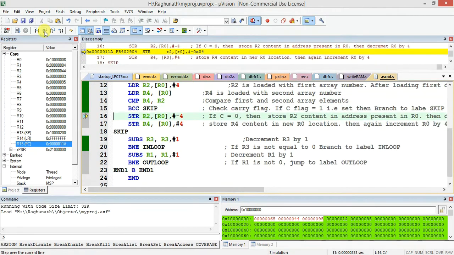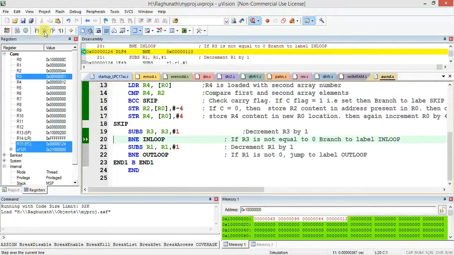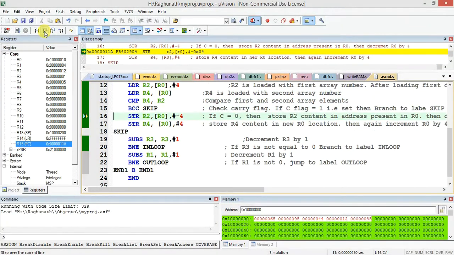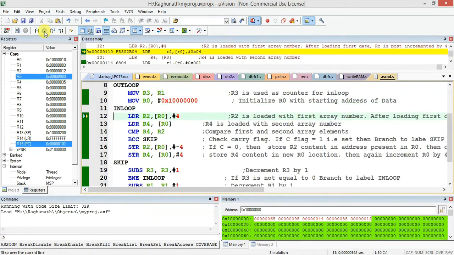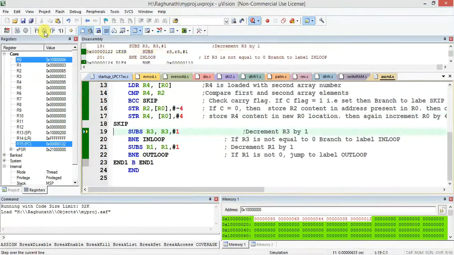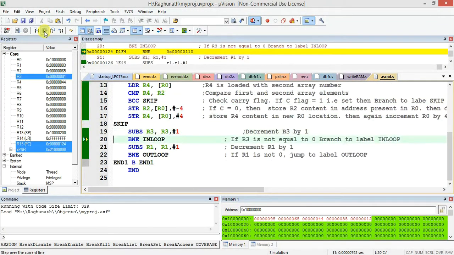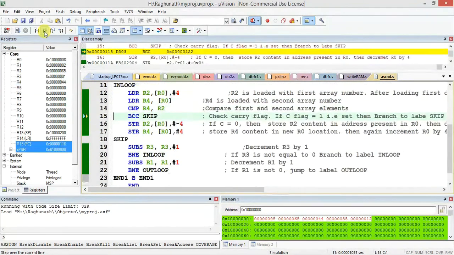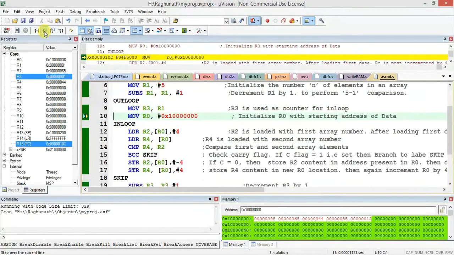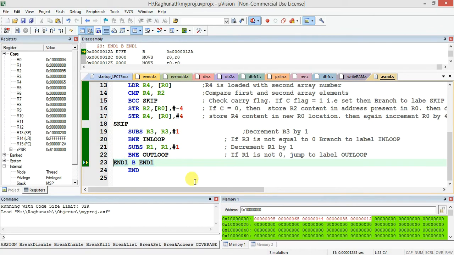Next, 44 and 95 are not in the right order, so an exchange will take place. Next exchange will take place. Finally, the least number 12 will be at the right side. Similarly, the outer loop is completed. Next, once again, it will compare the remaining 4. If they are already in descending order, no exchange. Now I think no exchange will take place. All the data you can see are in descending order, so no more exchange will take place. Till the end, we will not do any exchange. Finally, it ended.